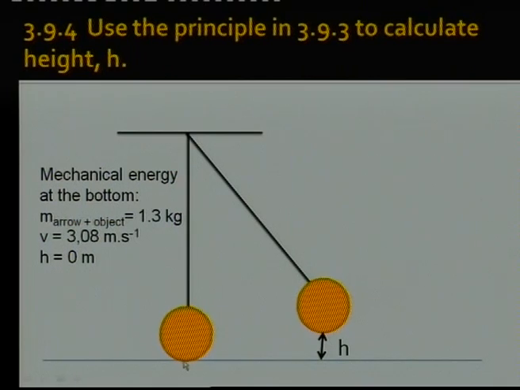So the object, with reference to the line at the bottom, to the ground, is 0 meters. There's no height, so we know that h is equal to 0 meters. When the object moves, it goes to a new height here. And also remember, when it goes